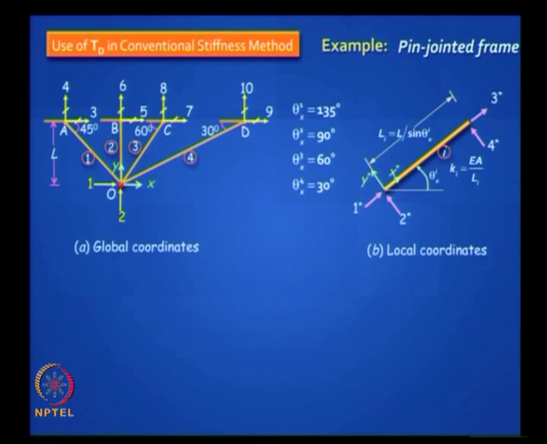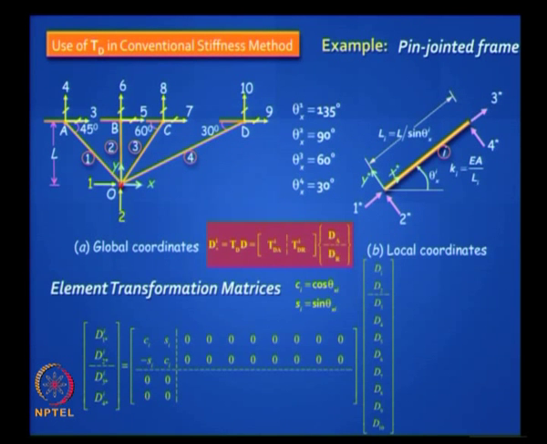Okay, let us look at the same problem, and here we are using the TD in the conventional stiffness method. What do you need to do? Well, I am not going to the global axis here, I am sticking to my original 1 star, 2 star, 3 star, 4 star, I am not doing any switch at this stage. Then I need to develop this matrix, right. It will look something like this. Okay. First of all, in this truss element I have 4 degrees of freedom. So do you understand di 1 star all the way to di 4 star.